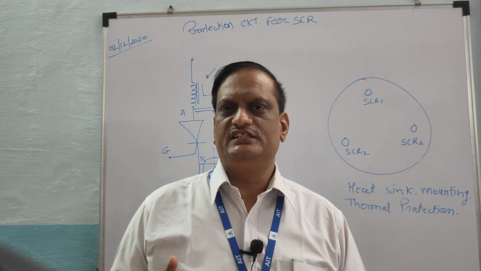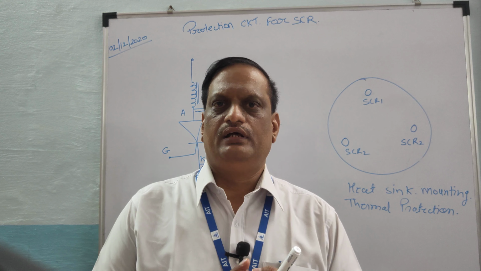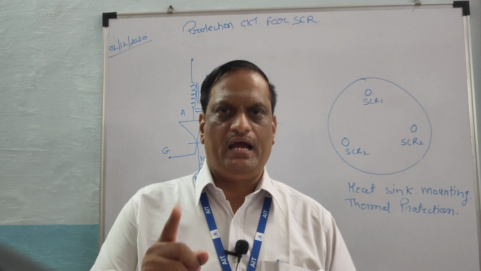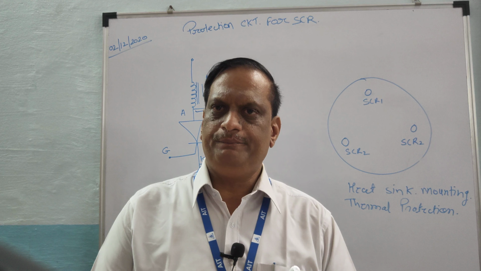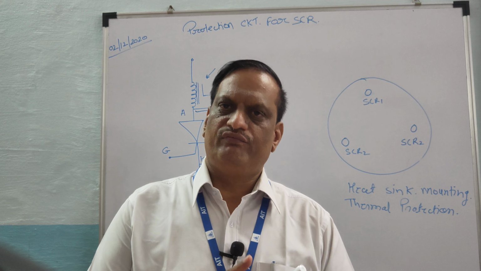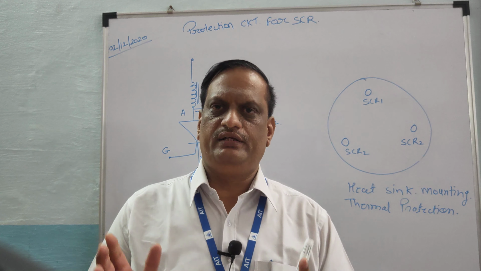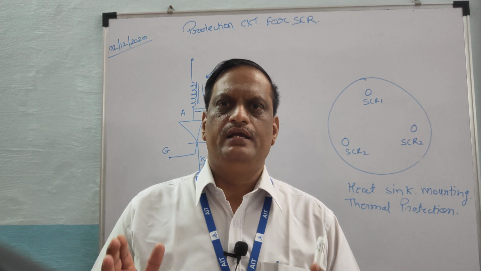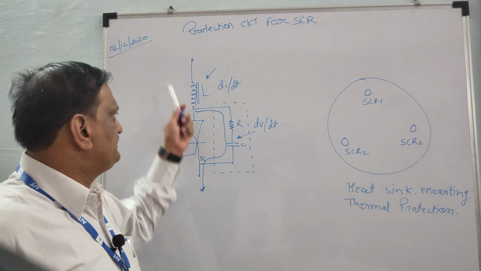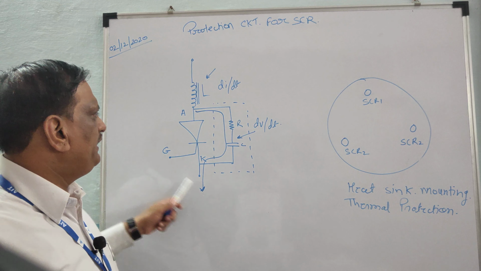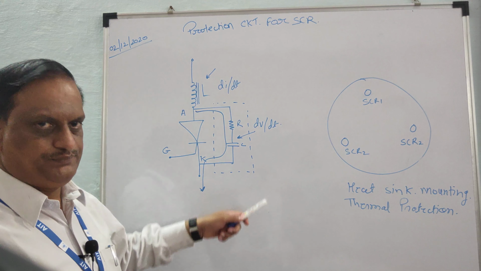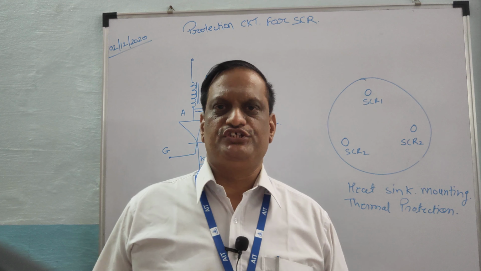Okay. So in this way your inductor will protect your device from high di/dt. Your capacitor along with the current limiting resistor will protect the device from high dv/dt, and in total you can say that the dv/dt and di/dt protection circuit will be like this. Now what about the temperature?